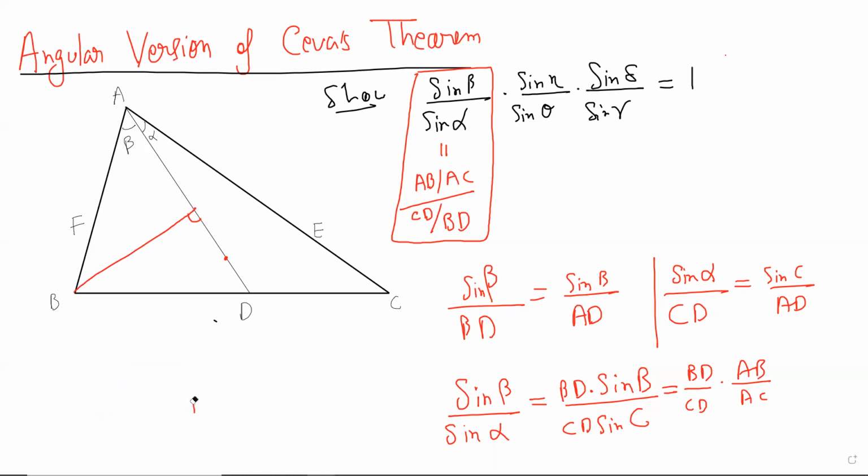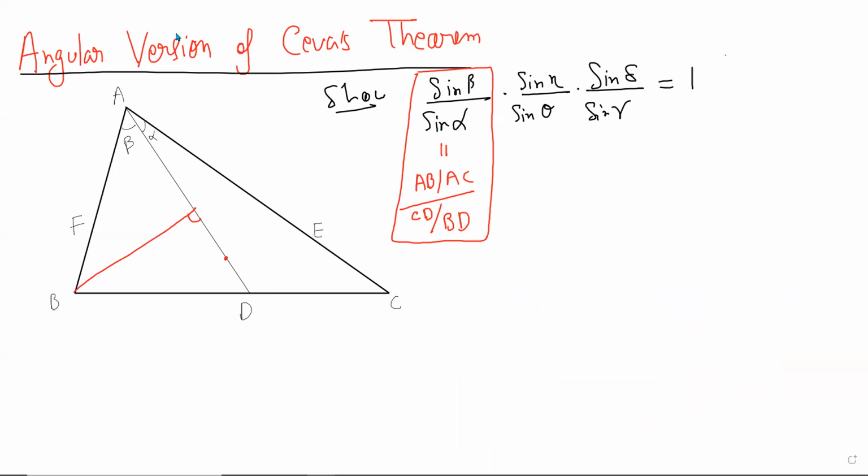Okay, so others are not saying anything, but I expect that if you don't understand, you should tell me. Okay, but let's keep moving. So we have this, and then from here you see it's completely trivial, right? You similarly write it for this, write for this, multiply them. The sides of the triangle that appear in the ratio will cancel out, and what you will get is just the usual sine law, right? So what you're going to get is BD by CD, and so maybe I should have